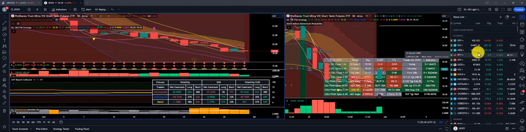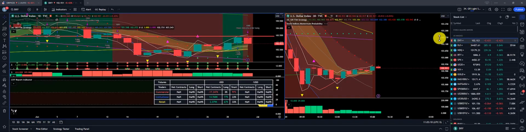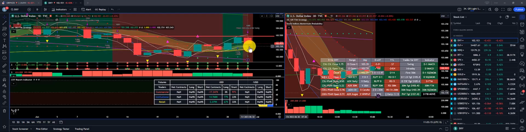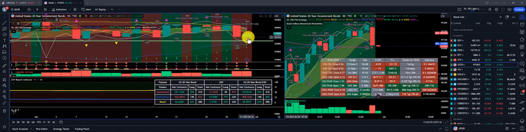Hello, this is the Futures Week in Review for the last week in June, from the 26th of June to the 30th. I'm going to start off with the dollar. What we currently have is an FTM to the short side. We are crowded out long on this, so this is significant in terms of overall FTM on the daily to the downside, which means that this could force pressure not only for the Forex and stock market, but for the futures as well. And looking at treasuries, currently had an FTM to the downside, and a little bit of retracement